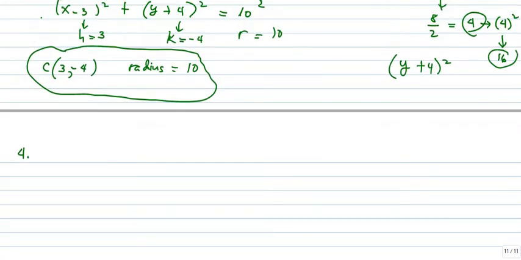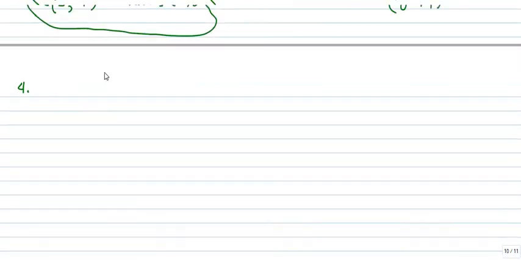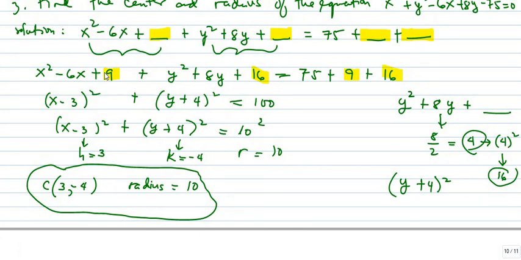Example 4. Okay. In example 4, so let's say this is 4, 3, 2, and then 1. Okay, so example 4. Find the equation of, well, the process is similar to this one. Okay, so another example. We will have another example. So for number 4, okay, similar to example number 3. So again, find the center and radius of the equation